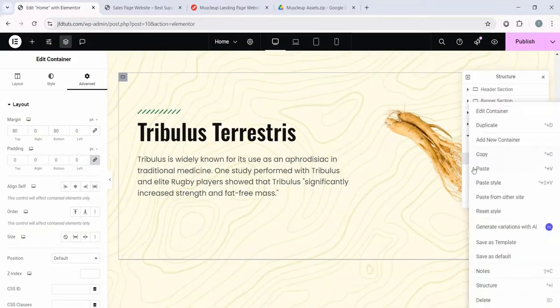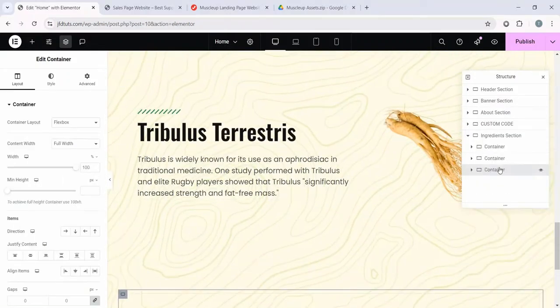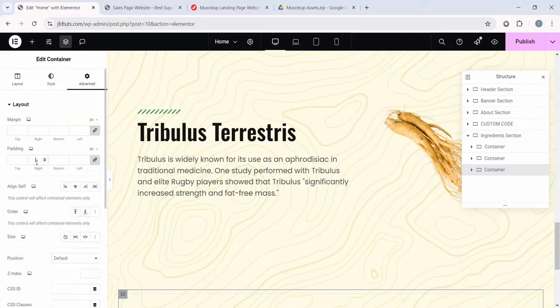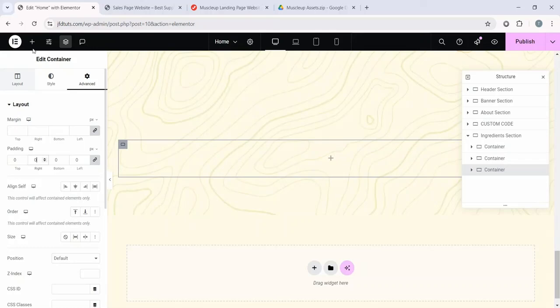After that, let's add a container. So this is third container. This should be direction to row and just on the center. And on these gaps, I'm gonna use some gaps, which is 66 pixel. Then let's make the padding 0. Then inside, let's add an image widget